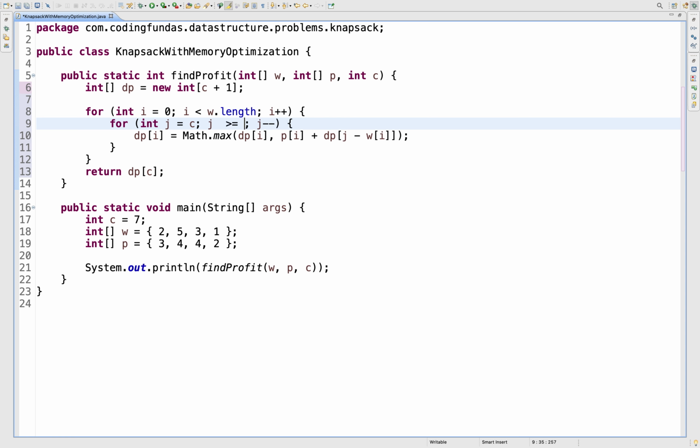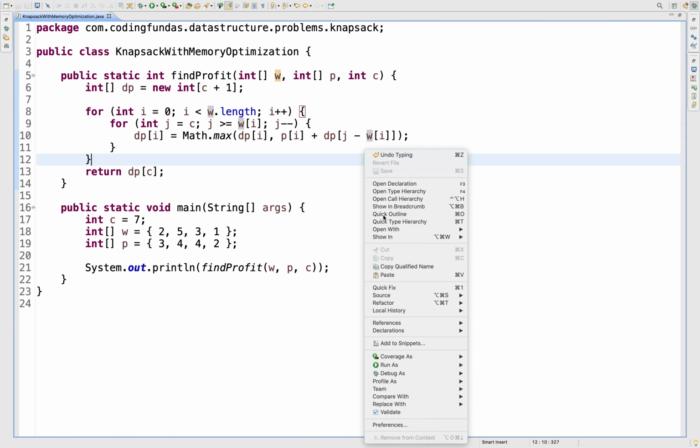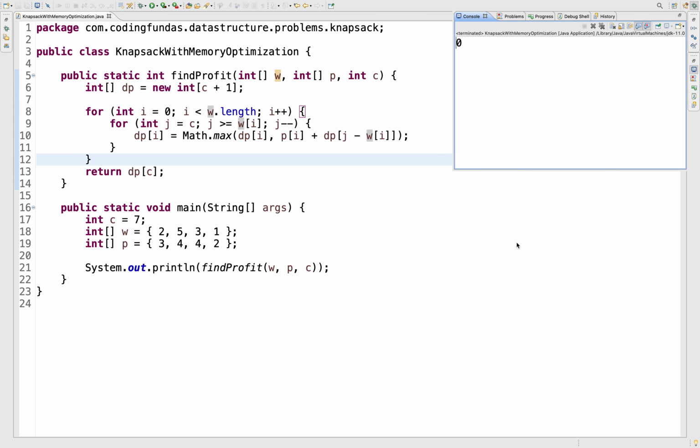So yeah, this thing. I hope now this code is clear to you. Let's run this code once. Yeah, there is some problem here.